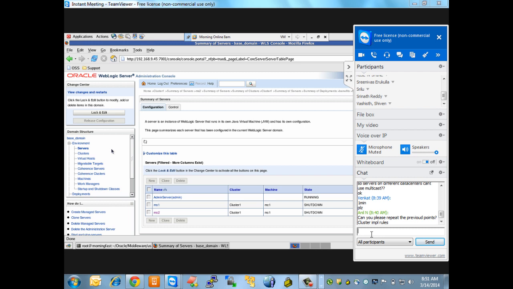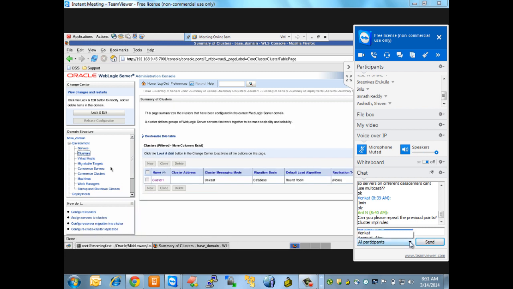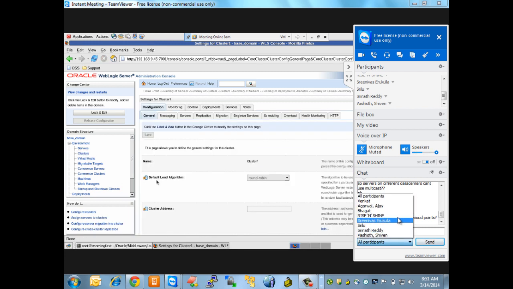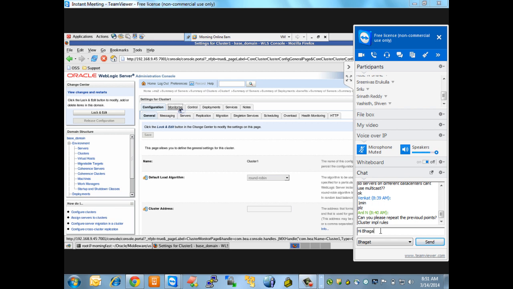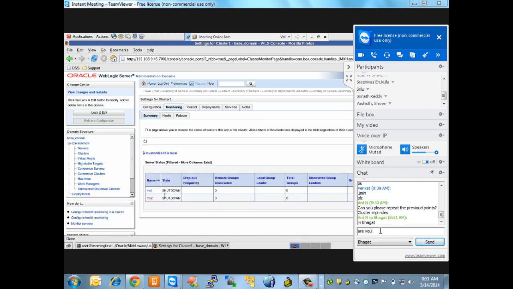If you see here, go to cluster. I forgot to tell you. In the cluster, you can see that the default load algorithm is round robin. Also go to monitoring, and you will see the status of your managed servers. Now what I'm going to do is here,